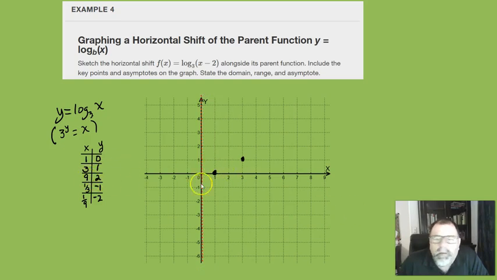And then I'm going to do 9, 2. Again, that one you don't have to. I just like, if the base is 2 or 3, I usually go ahead and go out to 2. And then let's see, 1/3, -1, and then 1/9, -2. So we have a vertical asymptote, and then we're going to curve out to there. Make that a little smoother. Okay, so